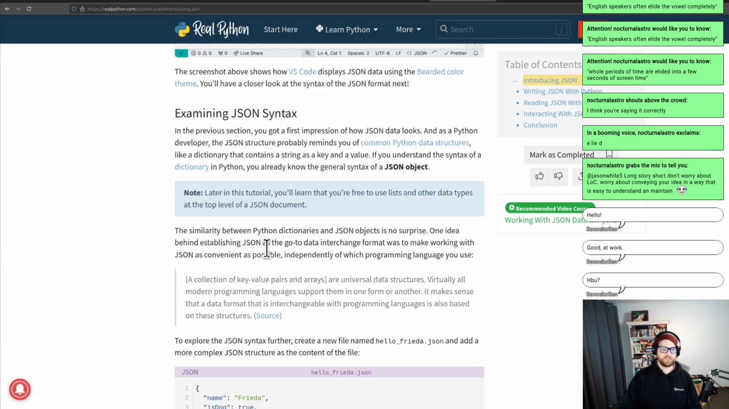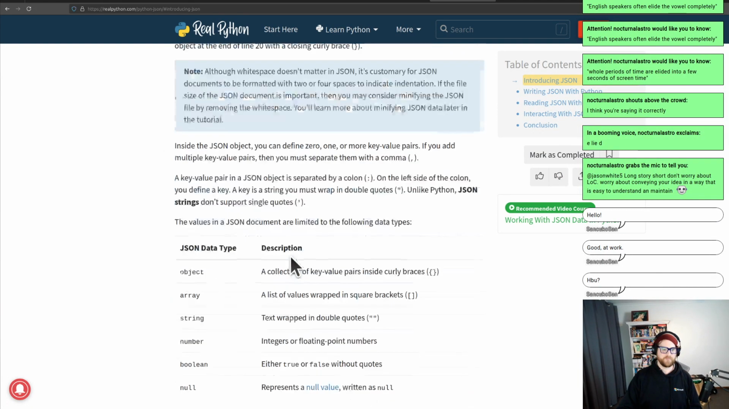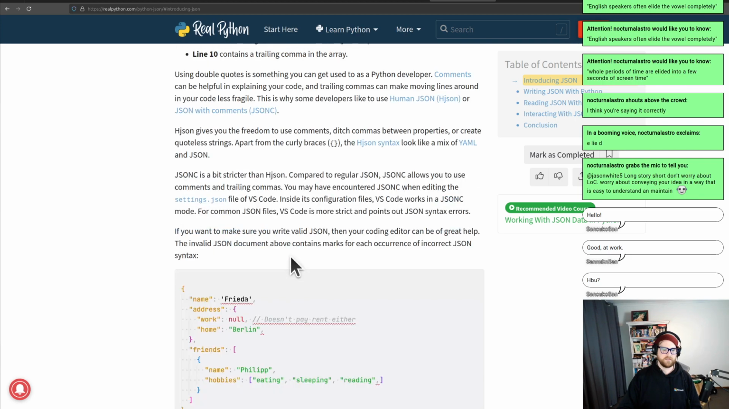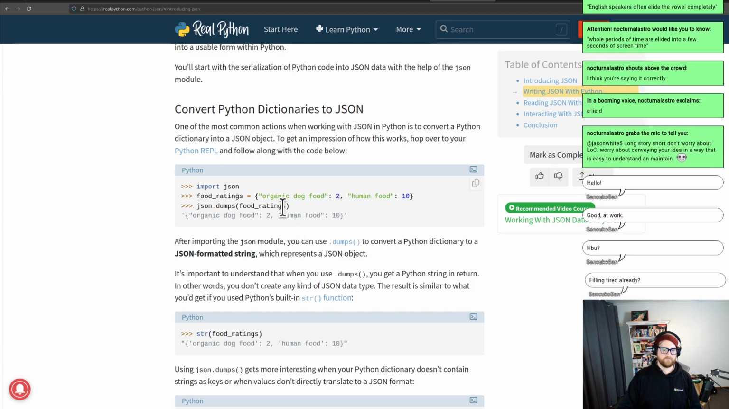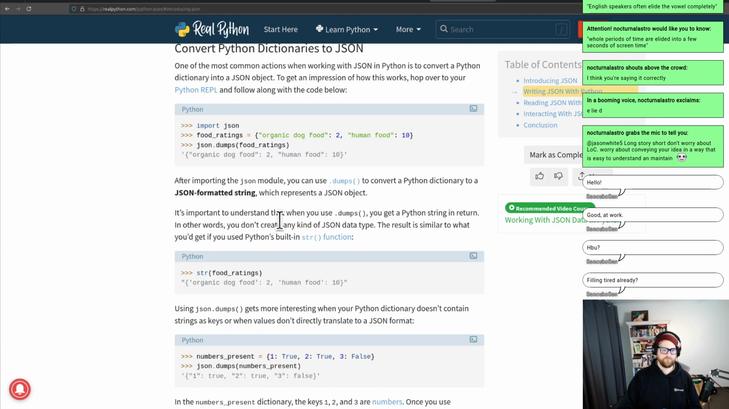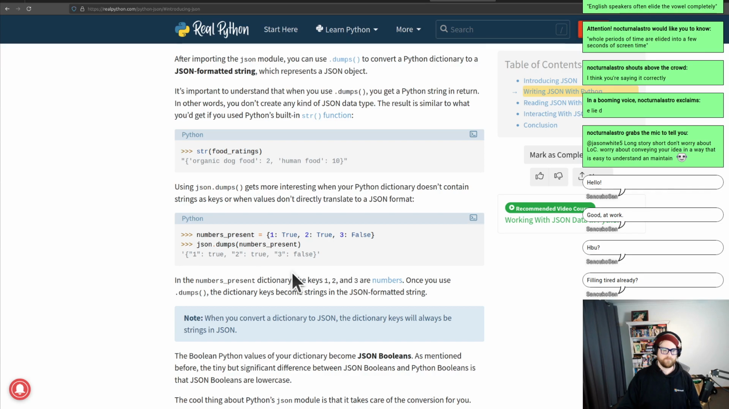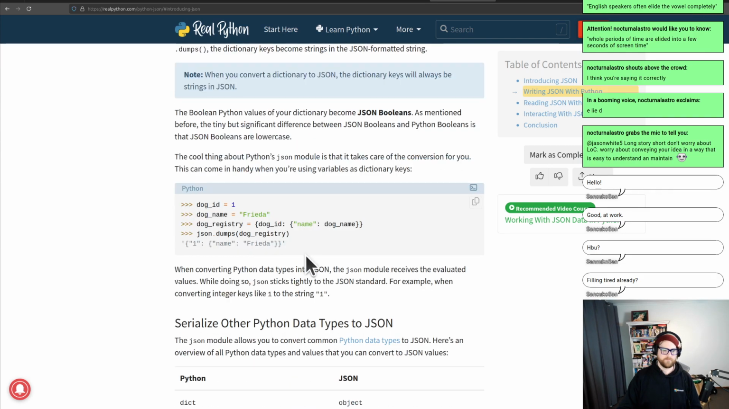So we've got this. Yeah, I just want to get to the data. Okay,